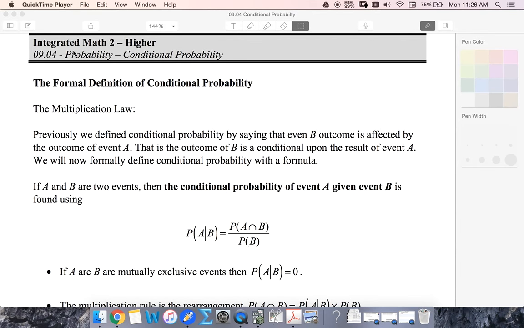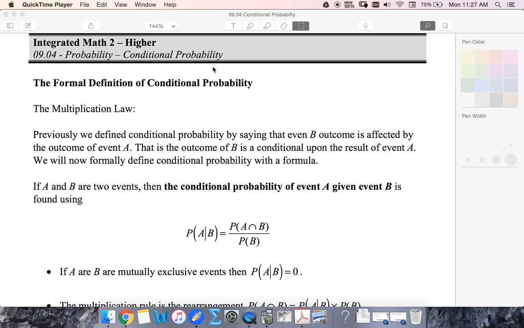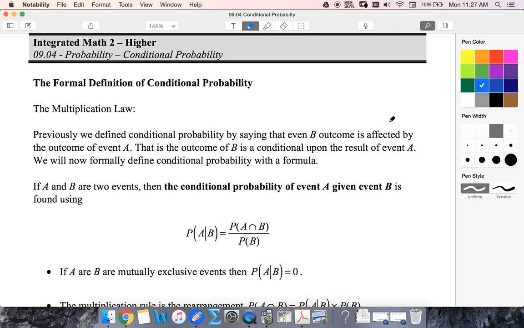Hello, so these are the notes for 9.4 on conditional probability. And we've seen conditional probability a little bit already. So we've looked at this in Venn diagrams, saying that the event of B is affected by the outcome of A. Then we've looked at this before in our Venn diagrams by saying that we're gonna, in that situation, if